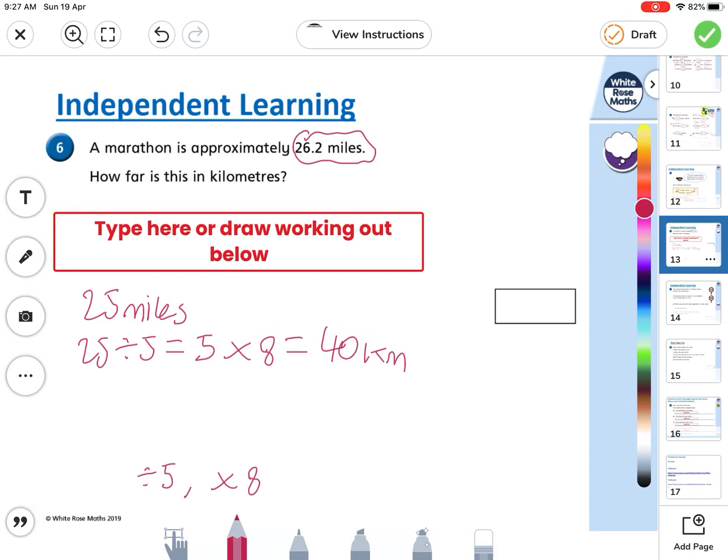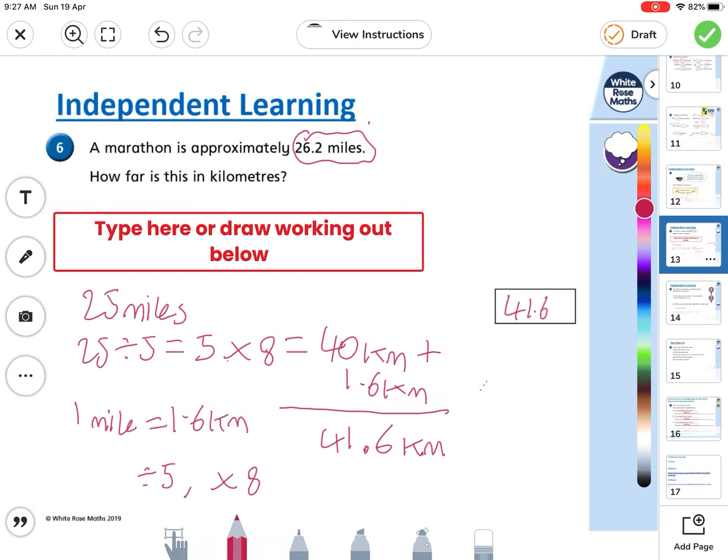Now, I took a mile off here, so I'm going to add a mile back on. I know that 1 mile equals 1.6 kilometres. So I'm going to add that onto here to get me an answer of 41.6 kilometres. And it says approximately, so that will do. But any answer between 40 kilometres and 44 kilometres, you'll be able to